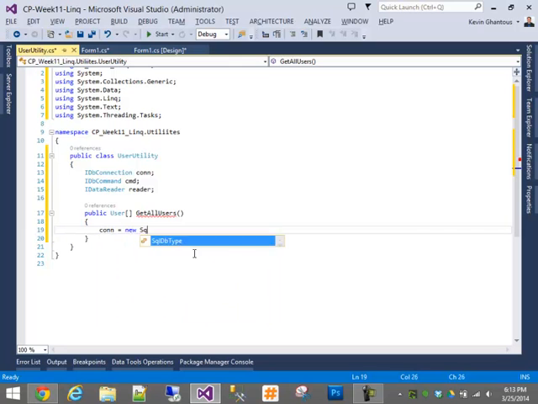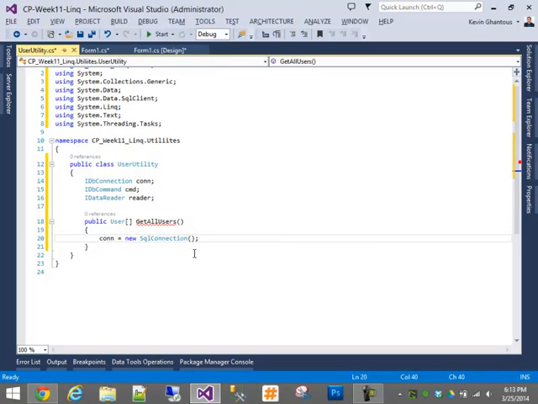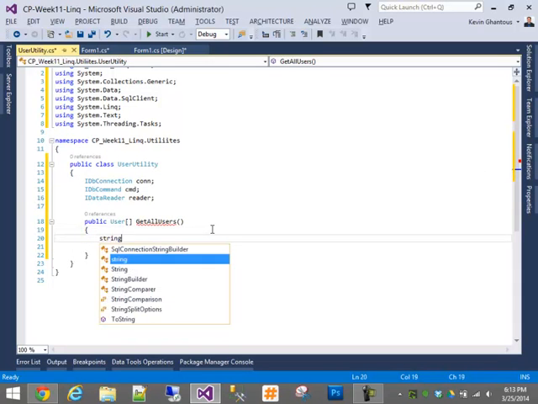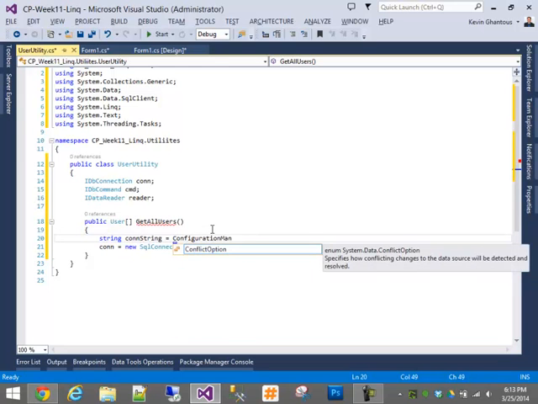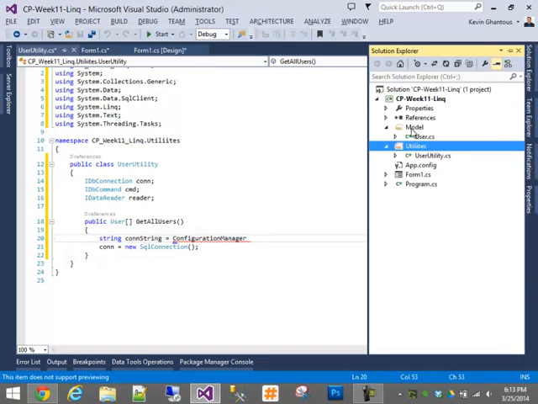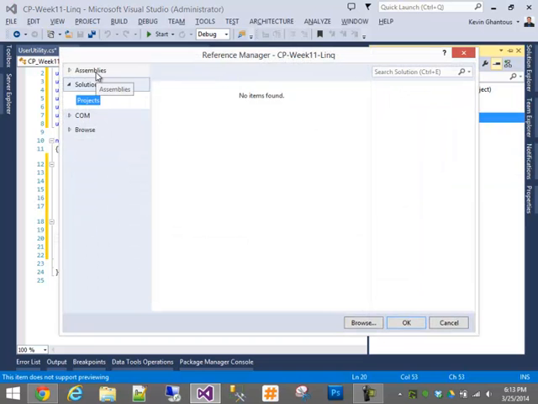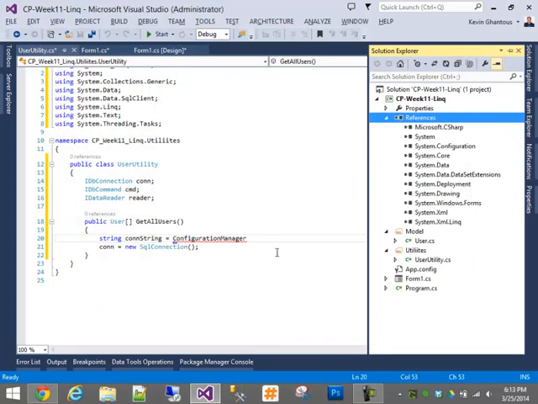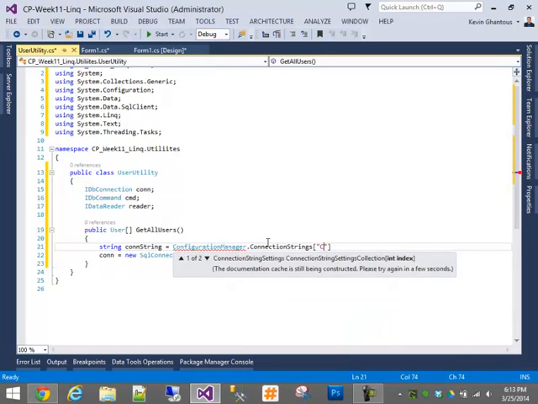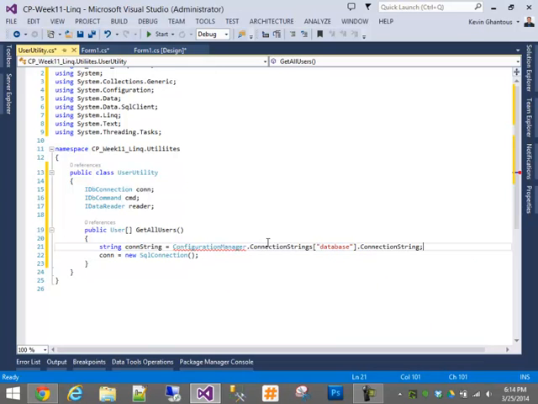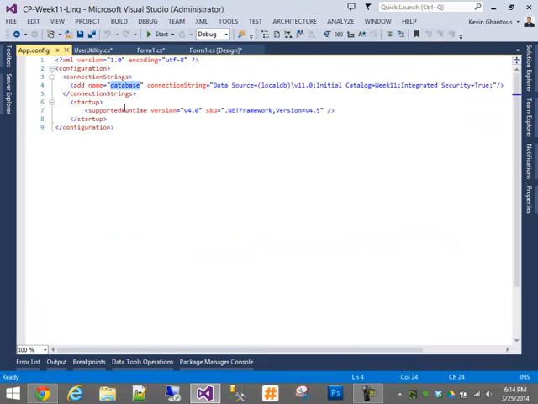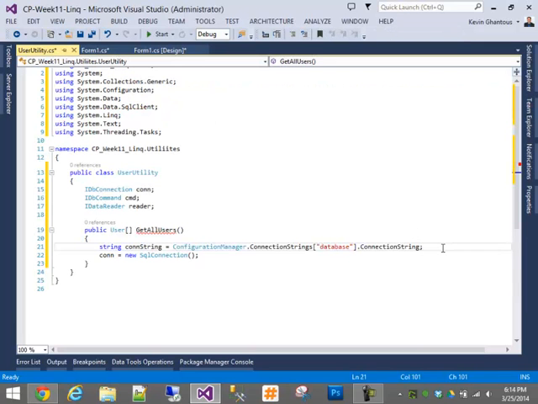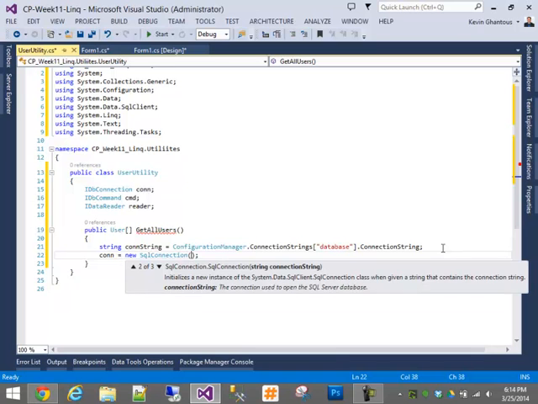So our connection will be a new SqlConnection. We'll need the connection string. We'll pull that from the configuration manager, which I need to include as a reference. So add reference from assemblies, and we'll search for System.Configuration. Bring in that library, and it'll give us access to the configuration manager and the connection strings. This is just called database, and we'll grab the connection string property from that app config. So taking it from app config, here's my connection string database, and now I'm pulling the connection string value. So I'll pass in that string,